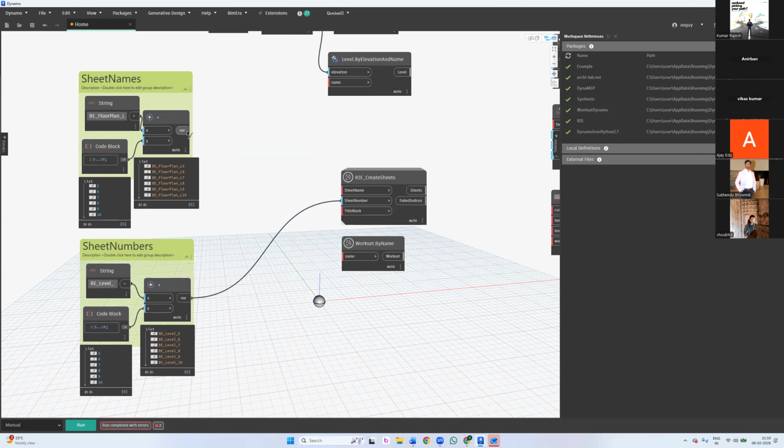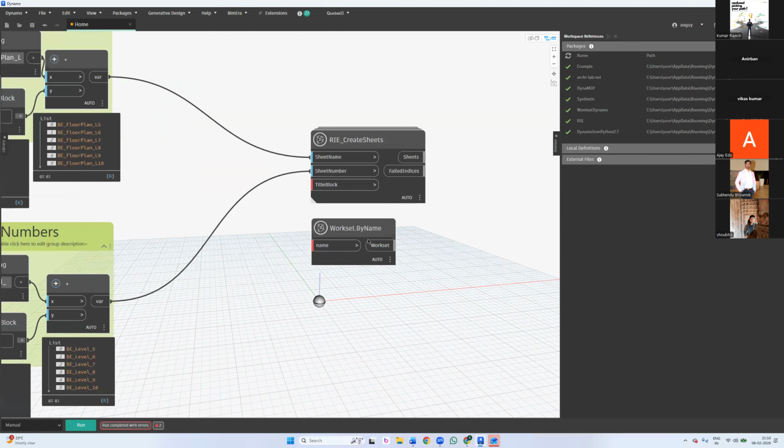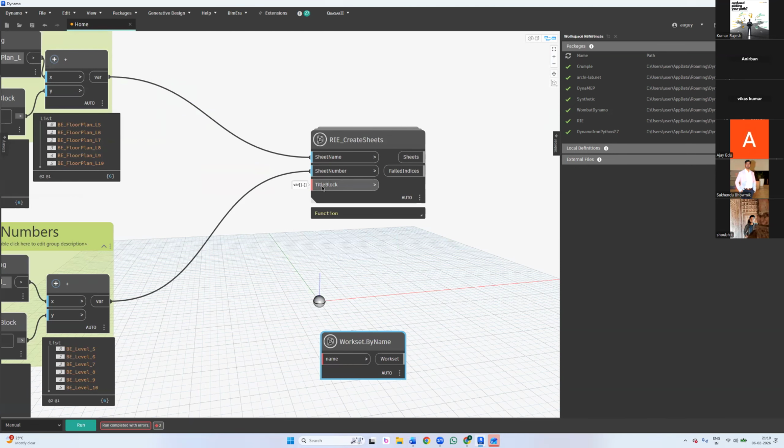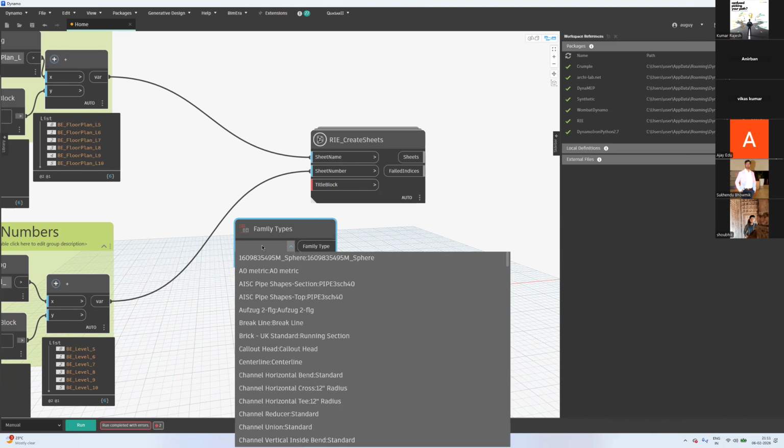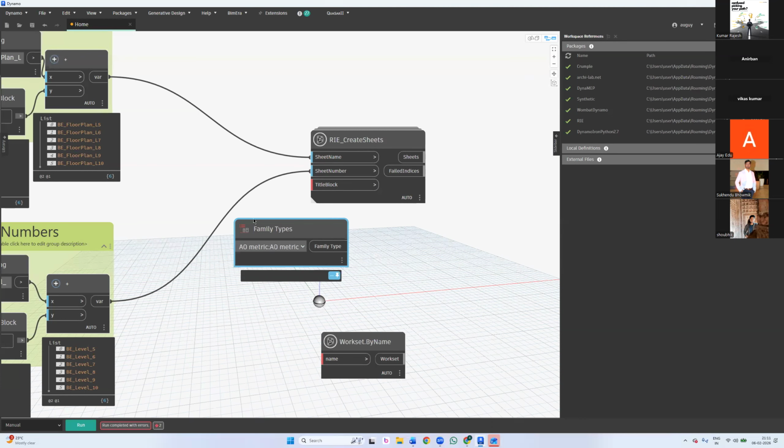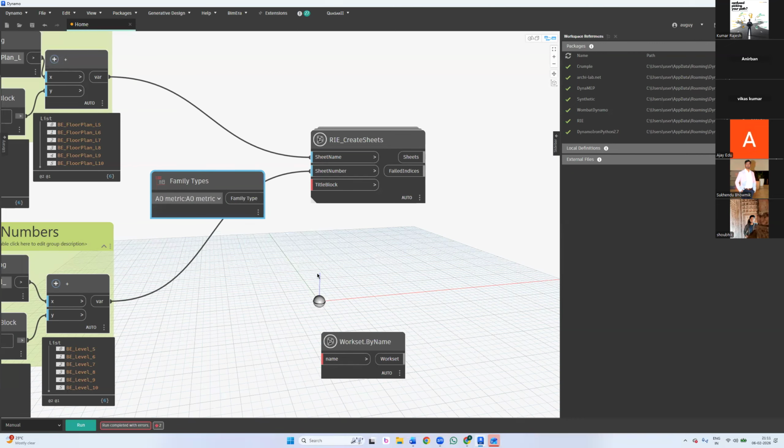The output. So when I connect this to this, okay, perfect. Now finally, what is this expecting? To create a sheet, there has to be a title block on it. Correct? There must be a title block on it. So where can I find the title block? I know where I can find metric. Okay, now